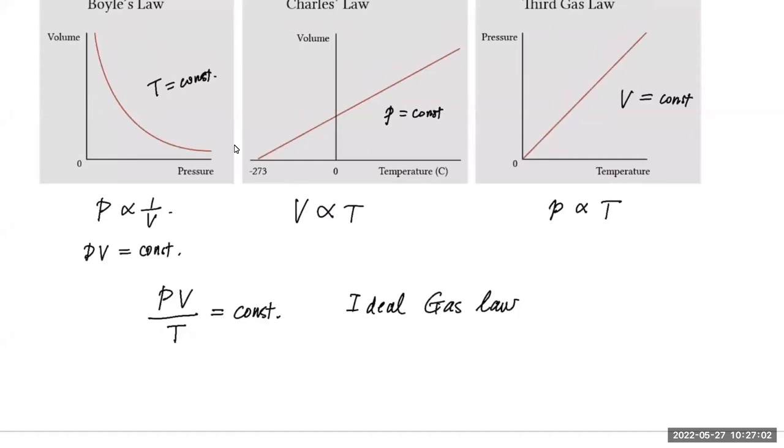Now, in the ideal gas law, we have a constant here. Right? We have a constant here. What is that constant equal to? Clearly, that depends on how much gas you have, right? I mean, if I double the amount of gas for the same volume, the same temperature, I don't change the volume or temperature, but I double the amount of gas inside,